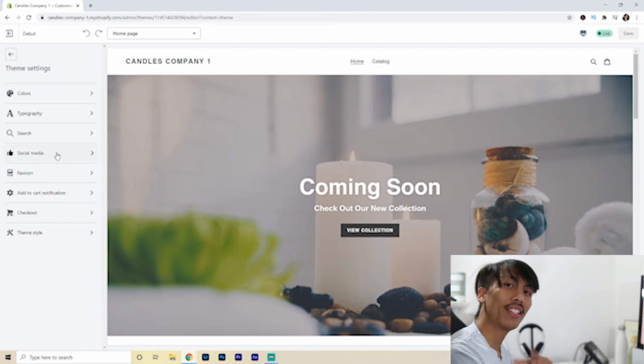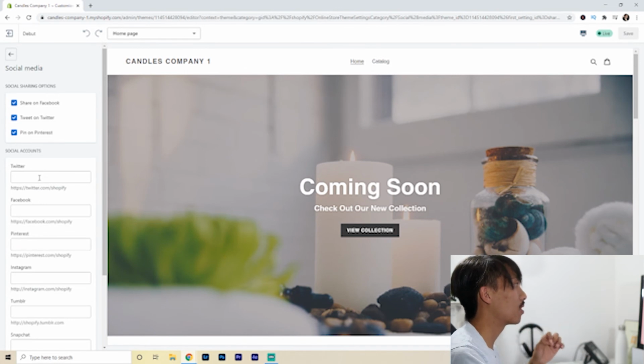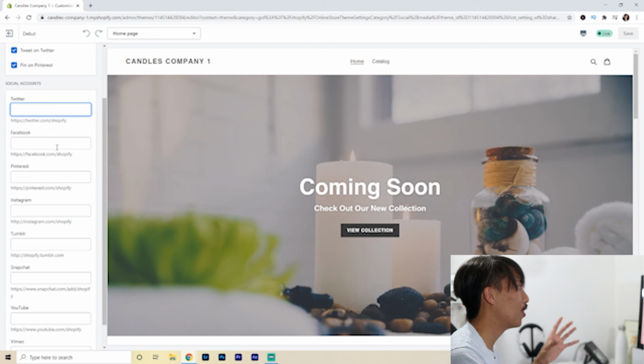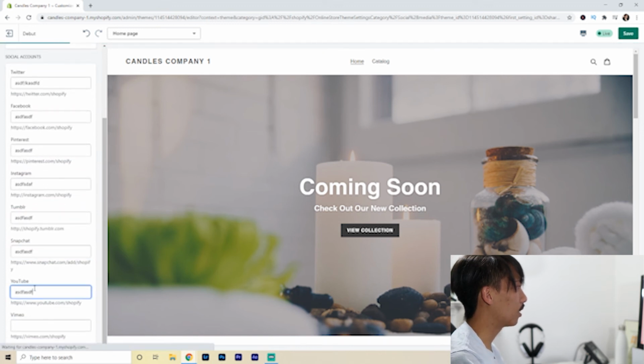So what you're going to do is click social media, and after you click social media, make sure that you have your social media accounts copied and saved. What I mean by that, make sure you know what the last portion is. So what we're going to do, just for example's sake, just to show you what all these social media links will look like,